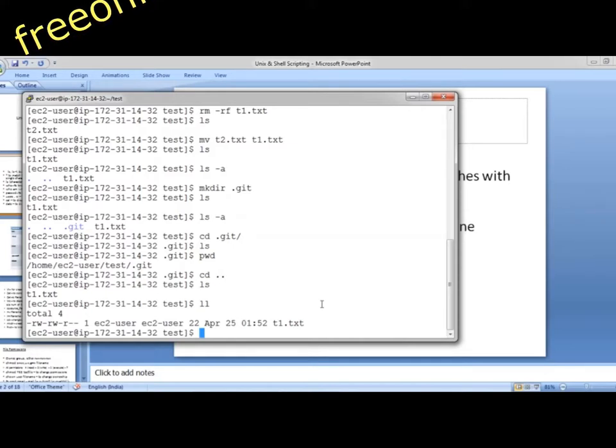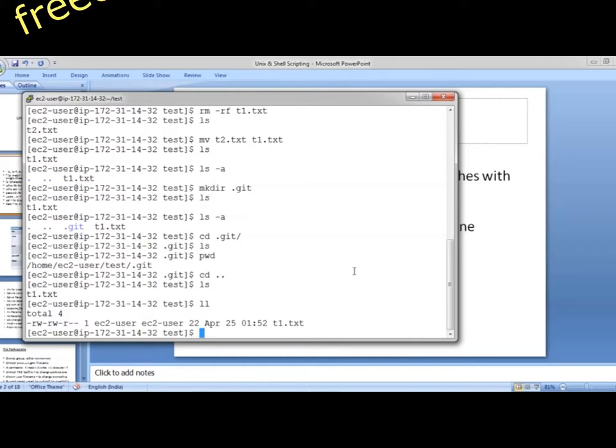Who is the user, who is the group owner, who is the root file owner, when it was created, what the file name is, everything you have over here. So this is about ll.